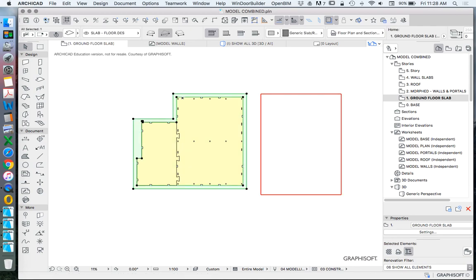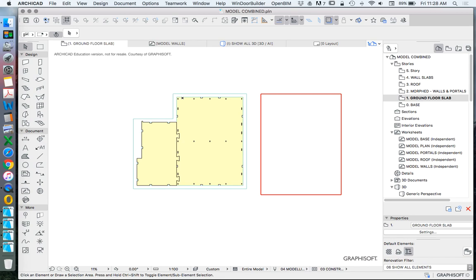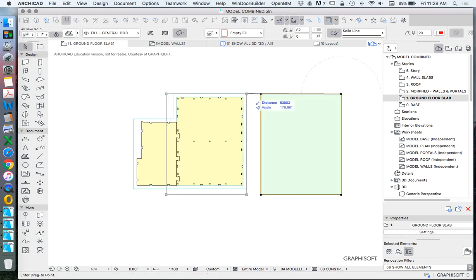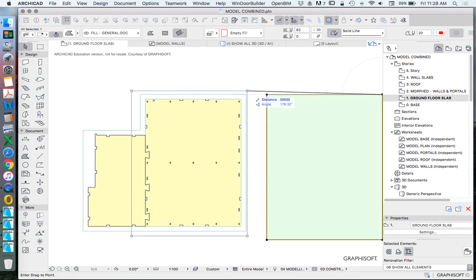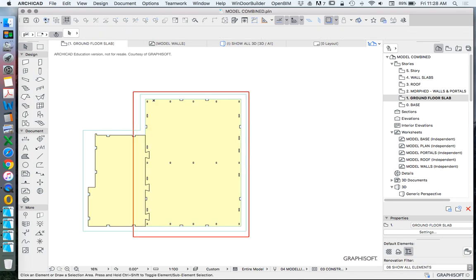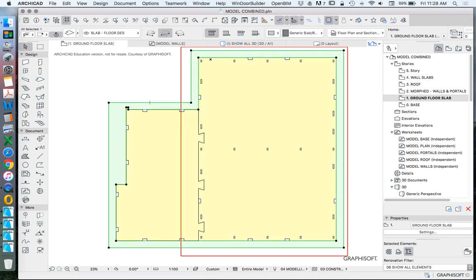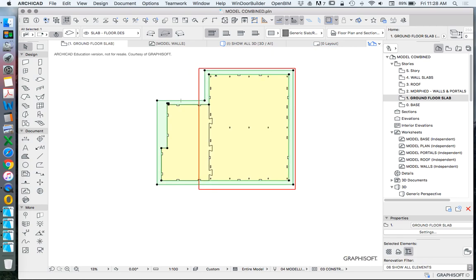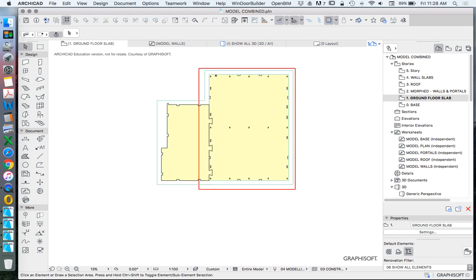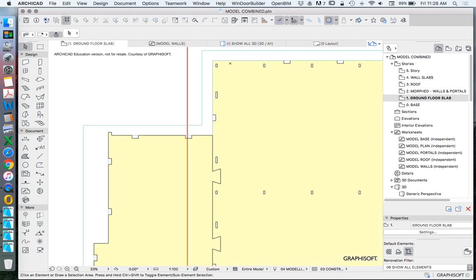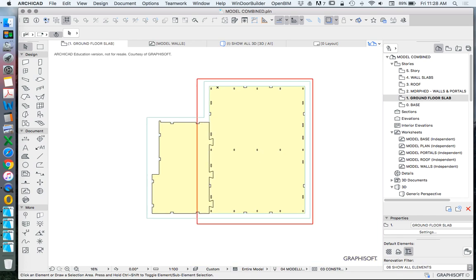So now we've got two parts. We've got one part, two part, and where do these join? If I was to move this somewhere here, it doesn't need to be perfect, I could see that around about here they don't quite work. So I have a choice of where I break it. I can break it one way or the other way, and I want to effectively be able to key these